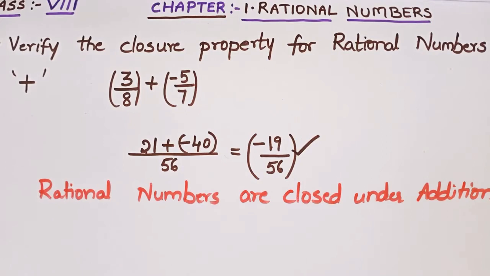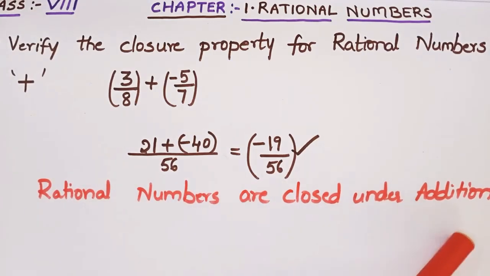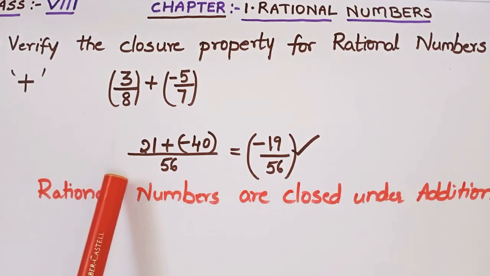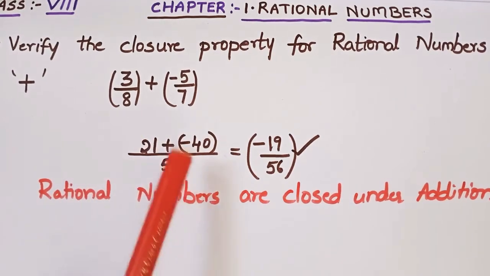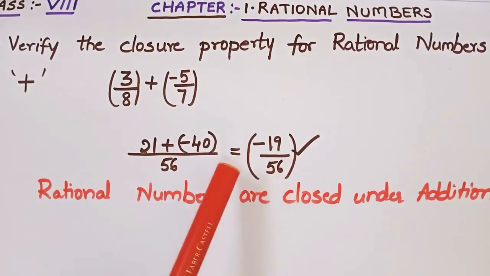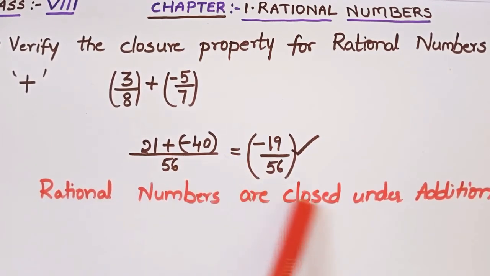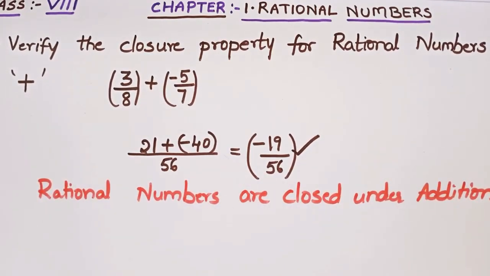Okay, but you take various rational numbers at home and check this property and come back for the next video. Why? Because you can't verify any property using a single example. Here, for the time's sake, I have taken one example and shown that rational numbers are closed under addition. But always try with several examples at home and check whether your answer is again a rational number or not, and whether this property is closed under addition or not.